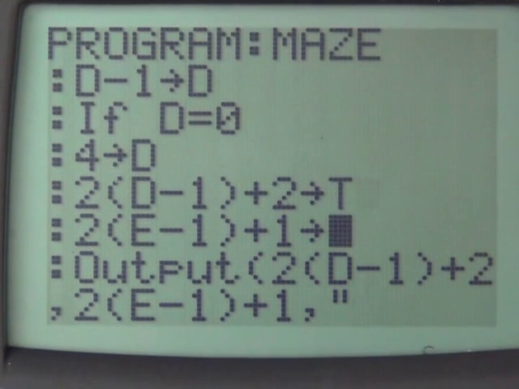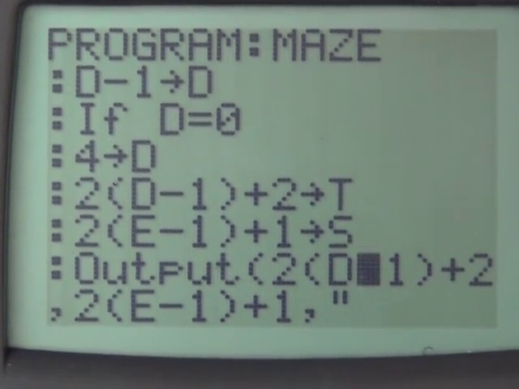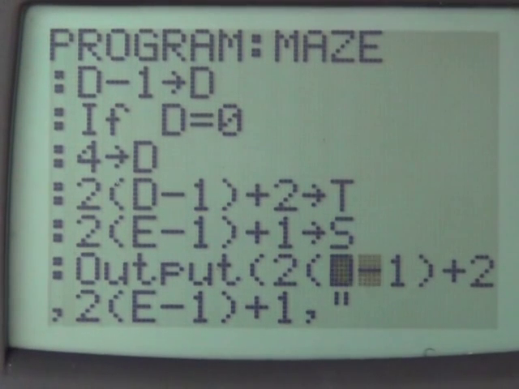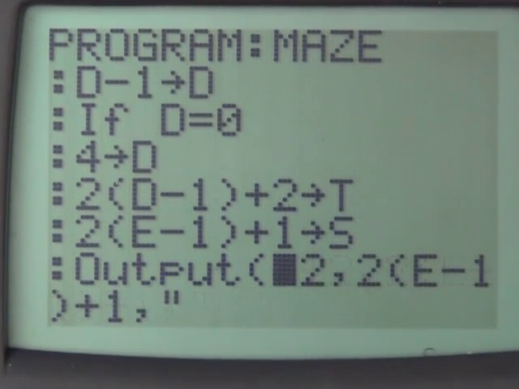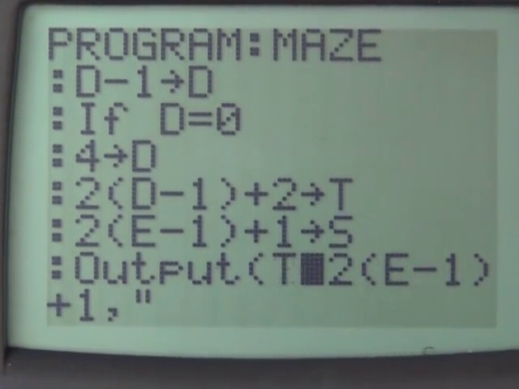So we're going to put that as T, which represents our Y, and then S, which represents our X. And then we should be able to do T,